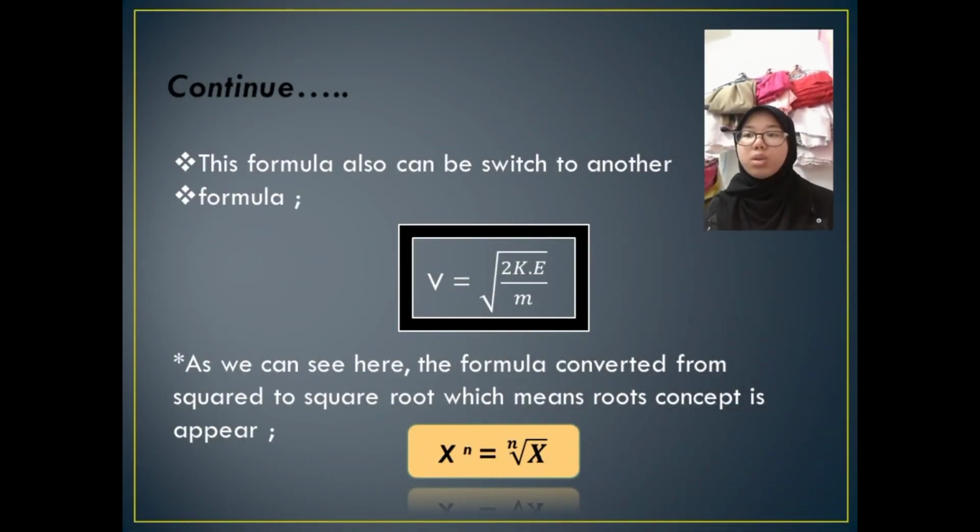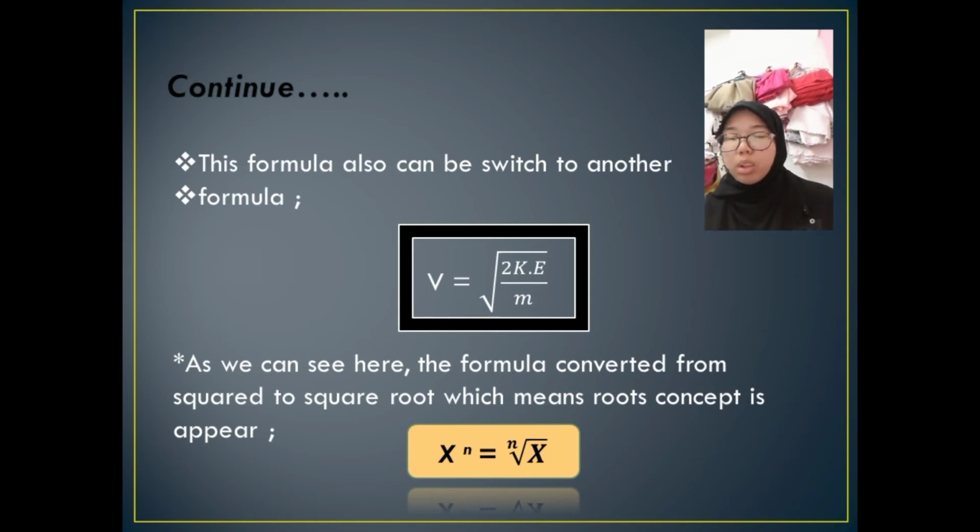This formula can also be switched to another formula. As we can see in the slide, from KE equals 1 over 2 mv squared, it becomes v equals the square root of 2 KE over m. As we can see here, the formula converted from square to square root, which means the root concept appears for the kinetic energy. What I mean by the root concept is that x to the power of n is equal to